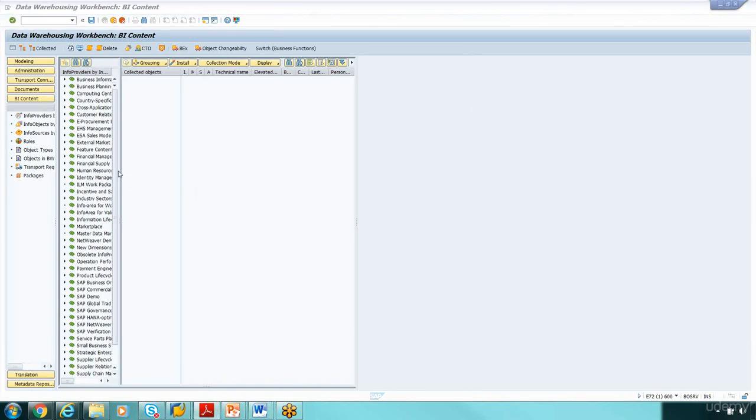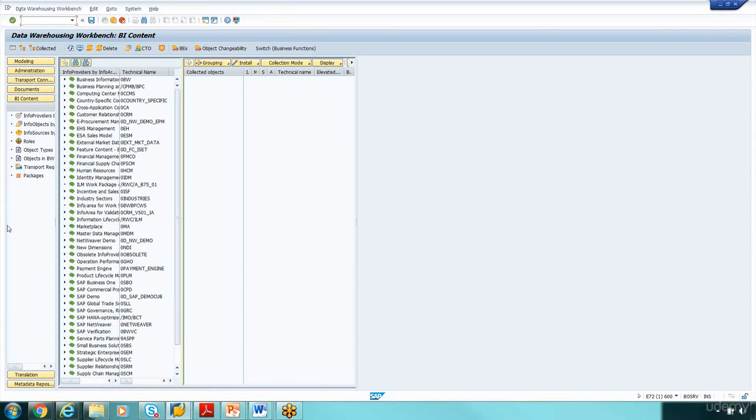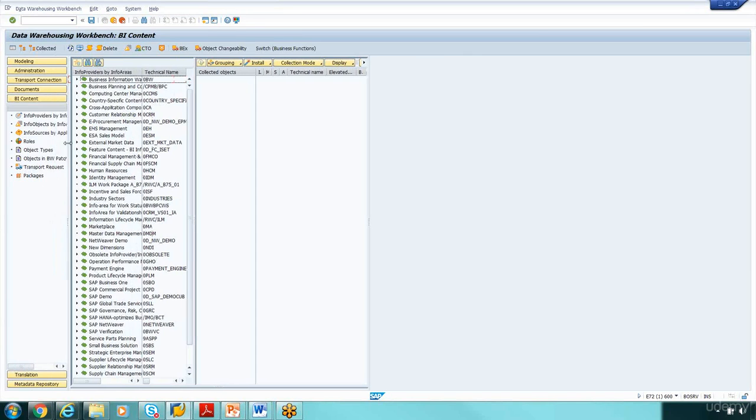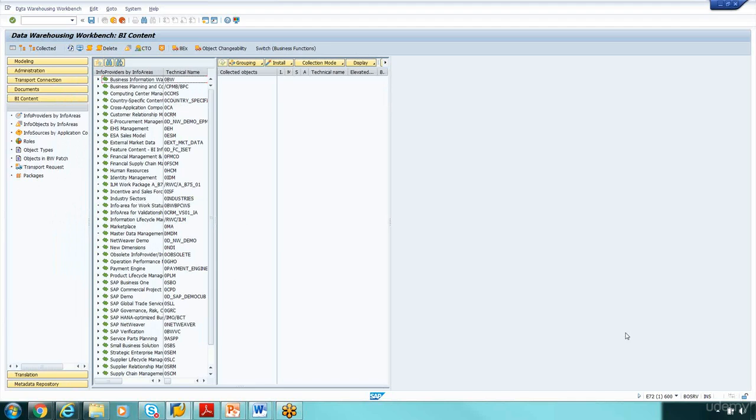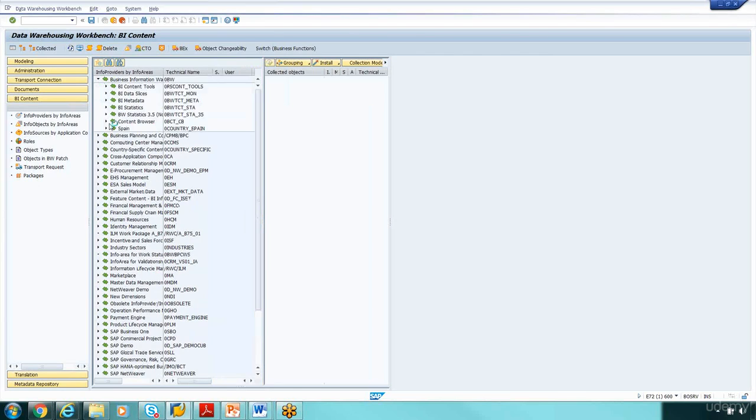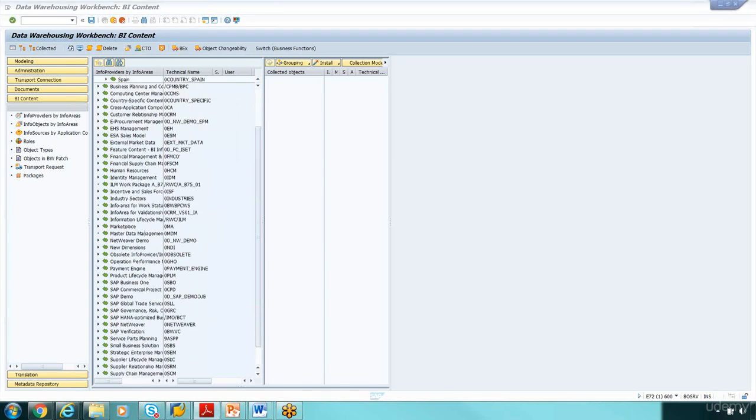Going to take some time, okay. So this is the BI content, which basically has everything: what objects are available in the business warehouse based on the different modules, like the business warehouse module, financial, EHS management, and sales and distribution. Everything will be there for our